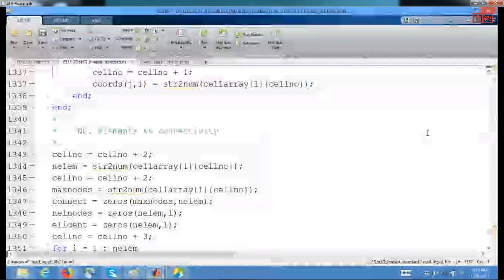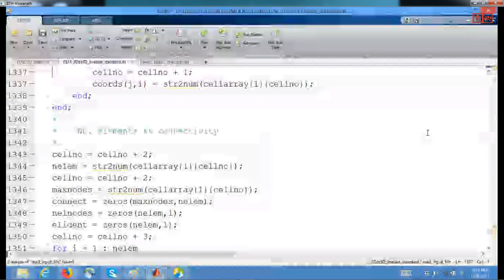This function call will go to this file, read all the elements and store them in the corresponding variables. Now once we have these variables,